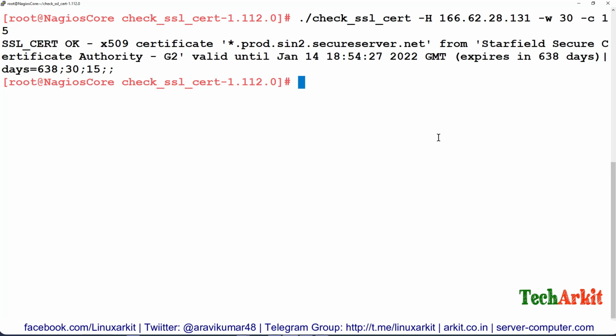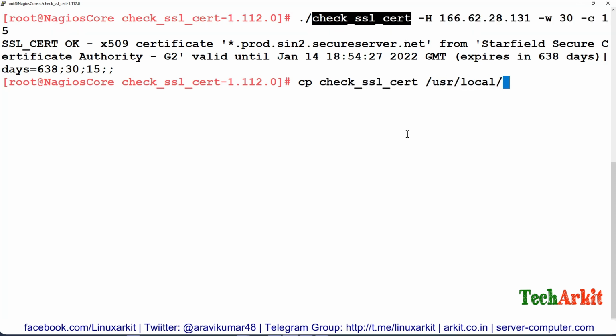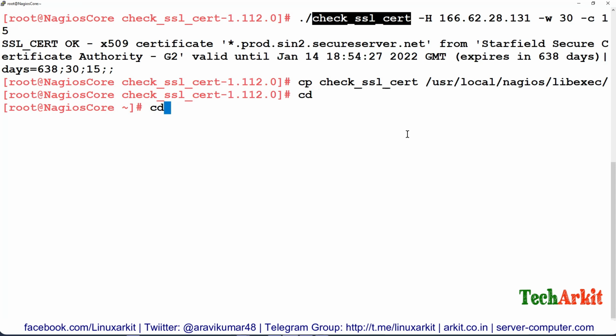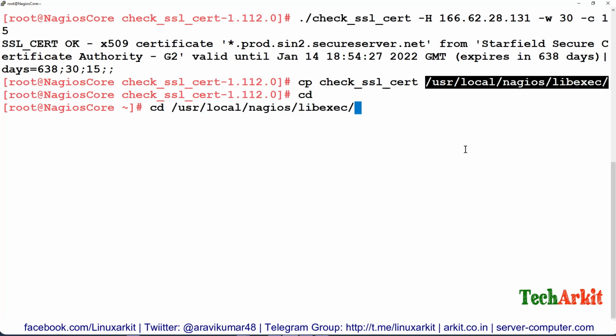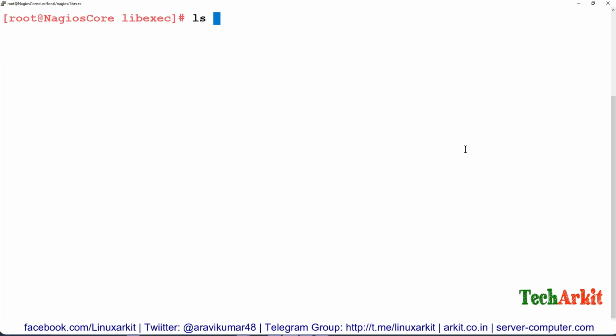In a similar way, we have to configure the same in the Nagios configuration. In order to do that, first of all, we have to copy this plugin file to /usr/local/nagios/libexec, go to that path and ensure that you have proper permissions on that file.